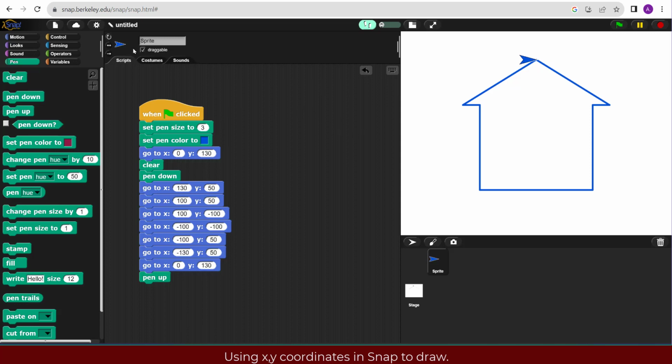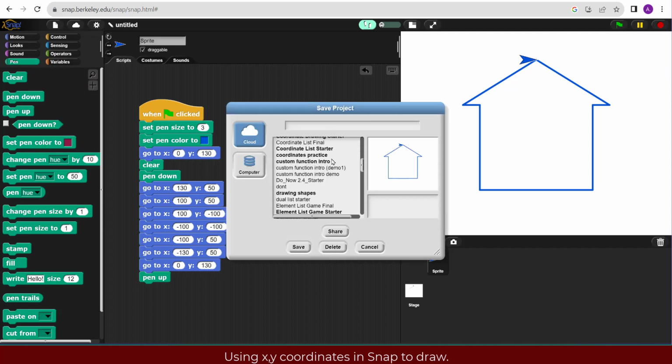But the very last thing, let's talk about how to save. Make sure you're logged in, so this cloud needs to be white. If you're not logged in, log in. Then you're going to go to File, Save As, and you're going to give it a name. So I have a lot of projects here because I've done lots of Snap, but you will not have as many. So we're going to call this